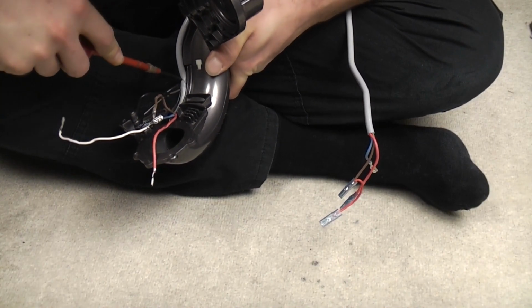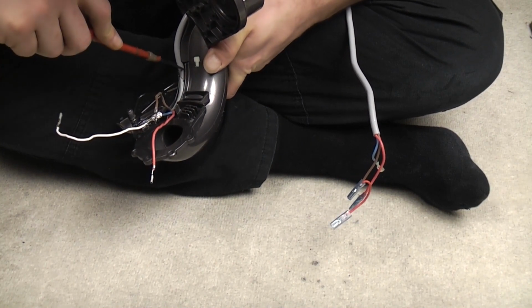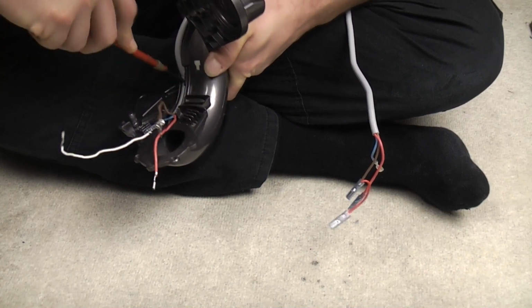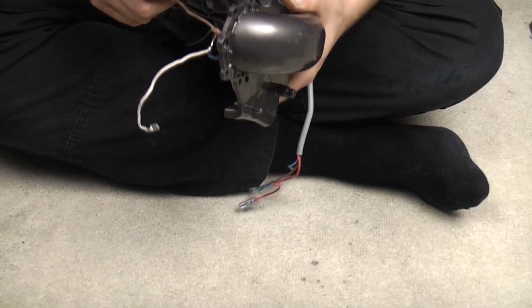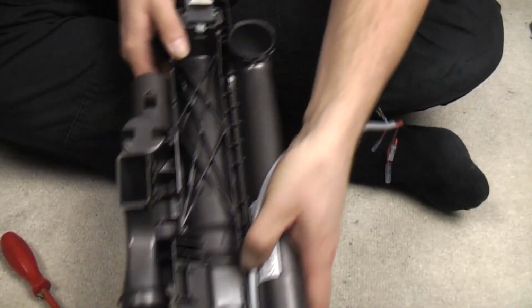And then, without stabbing yourself in the leg or cutting the cable, a few dinks are fine in the rubber, but if you slice through the cable, you've got to get a new spinal cable. And that will be a pain in the bum. Just push the wiring into its chase. So it basically looks like that. And then on this end,